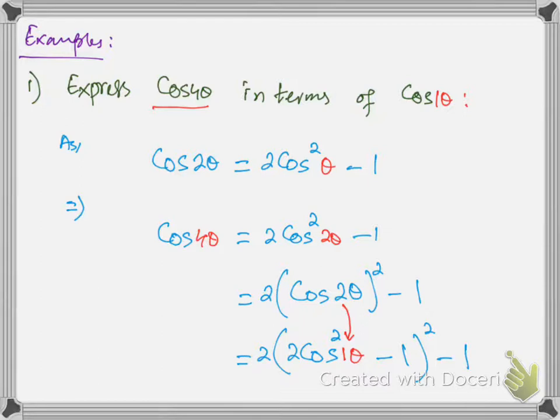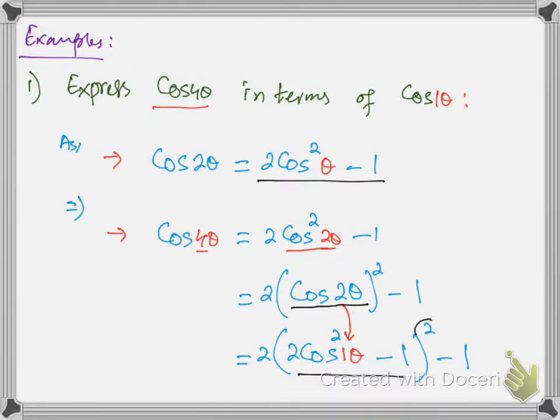As we know, cos 2 theta is 2 cos square theta minus 1. We know this formula, we just did this. So we can write this formula for cos 4 theta. For cos 4 theta, the angle should be 2 here. Now you have to write this whole thing as cos 2 theta whole square. This 2 will come here. This is the way to write the power function. Now use the double angle formula here. This is very important, cos 2 theta. Now when you use the cos 2 theta formula, you will get 2 cos square theta minus 1.